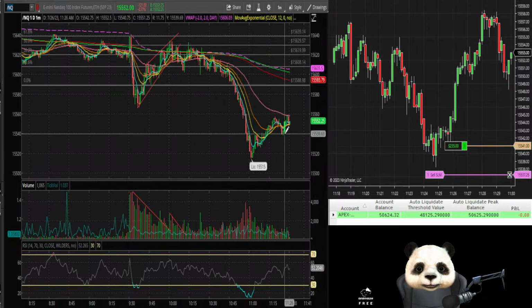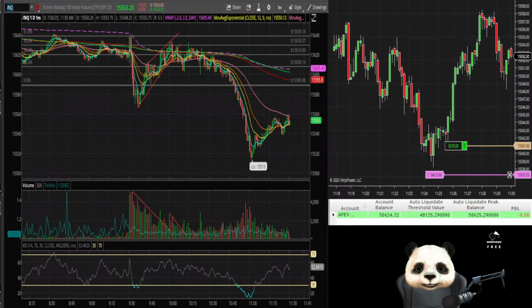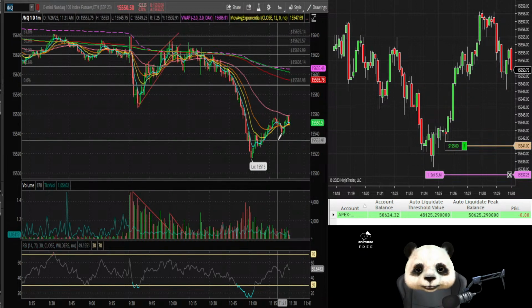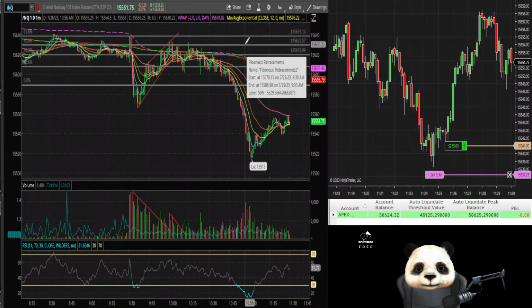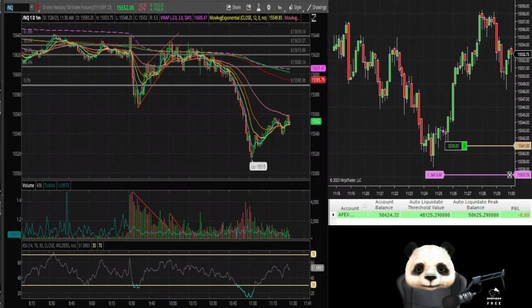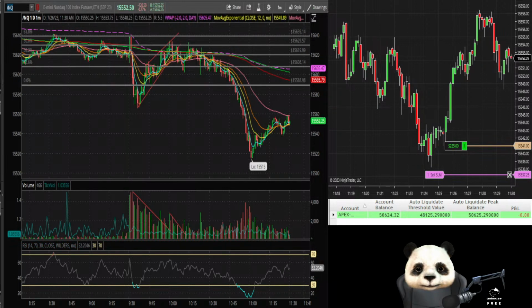Just kind of being patient with it. I mean, as of right now, I'm pretty comfortable with my stop. It takes a slight loss, which I'd wish to be at break even if I had a better entry, but let's see, do I have a profit taking on here? Let me pull up.